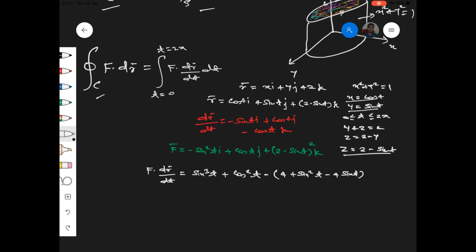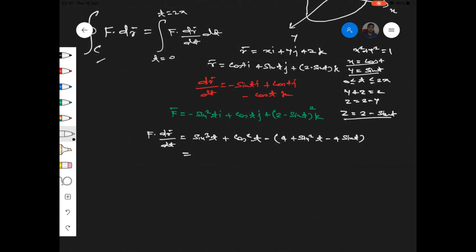So this is the value of f dot dr by dt, which we can simplify, and we can have its